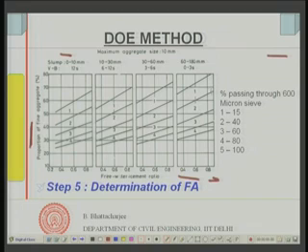And each of these curves represents a size or grading zone or fineness of the sand. They are given in terms of zones 1, 2, 3 and 4, corresponding to zone 1 of the sand, zone 2, zone 3 and zone 4. Zone 1 sand is a coarser sand compared to zone 4, which is relatively finer sand. There is another way of looking at it: the top line corresponds to a percentage passing through the 600 micron sieve of 15, which means only 15% passes through 600 micron.